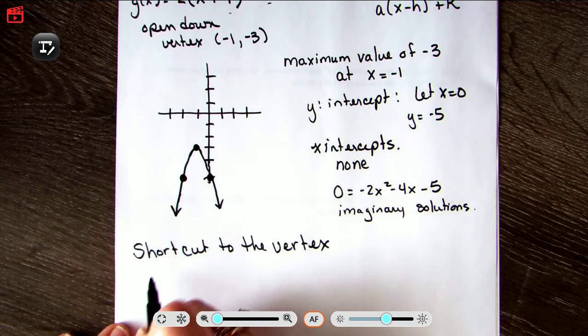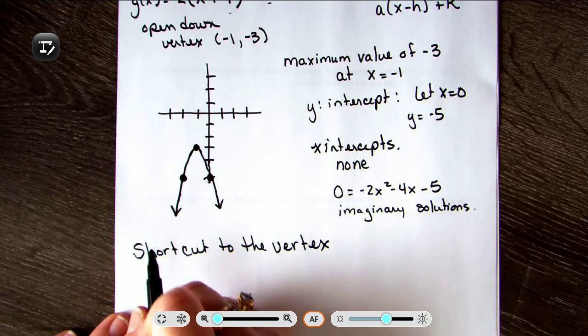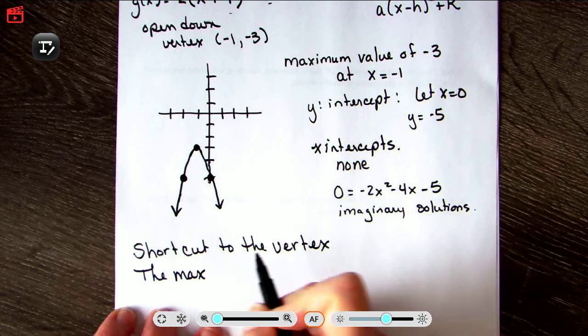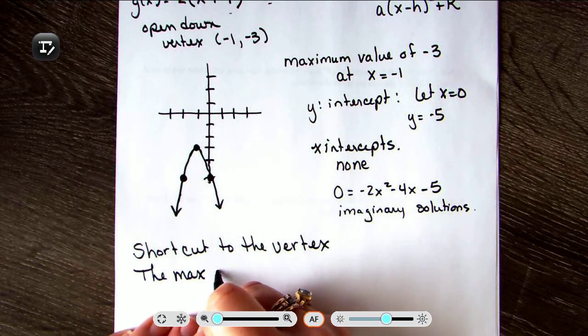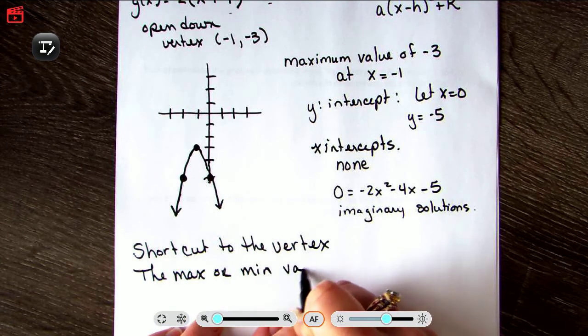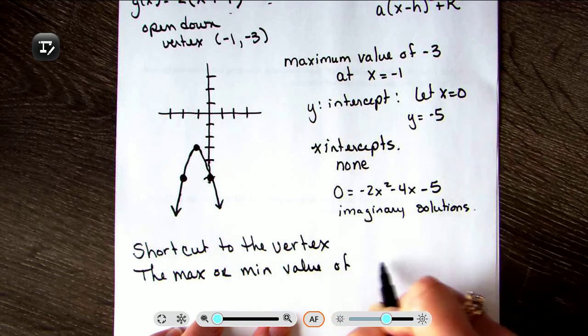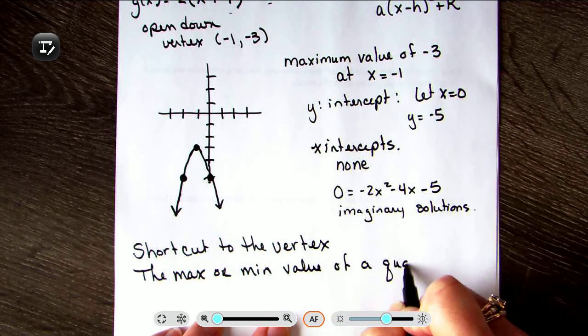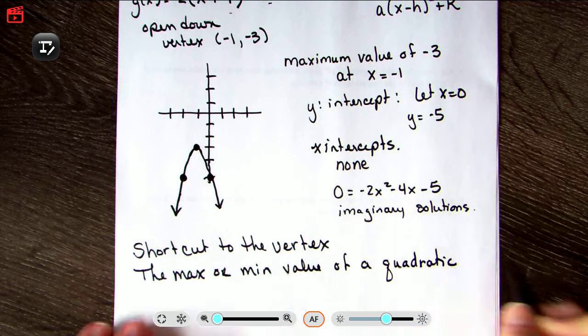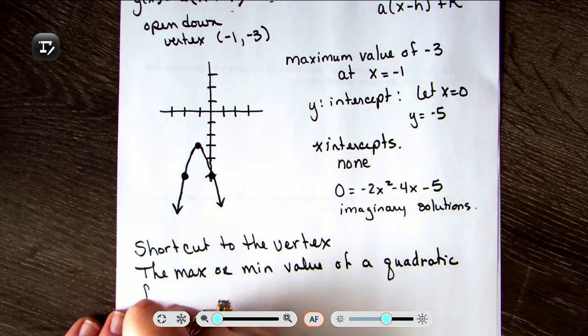And I'm going to write what we have from our textbooks. They call it a shortcut to the max or min. So that max or minimum value of a quadratic function